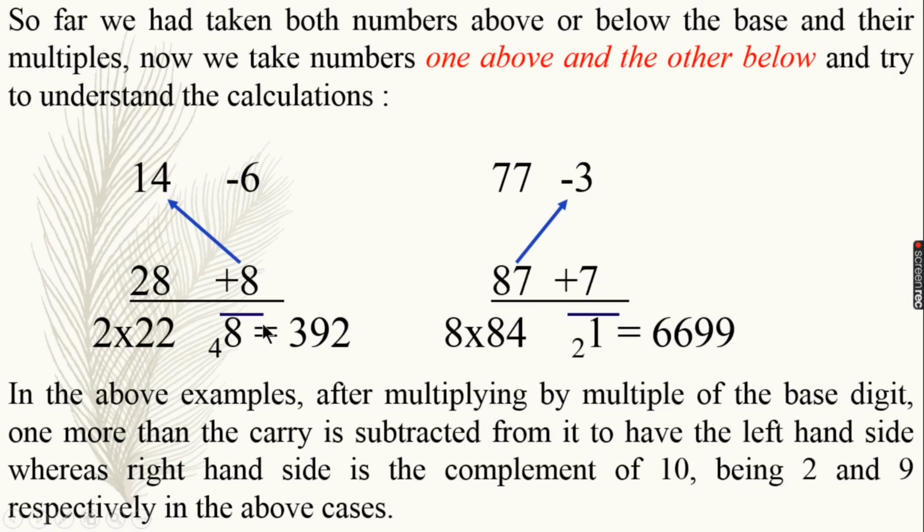So 8 into minus 6 is minus 48. In Vedic system, we put a bar here where we have to subtract this number. So we put a bar above 48, and this means that we have to subtract 4 and 1 more because we have to have